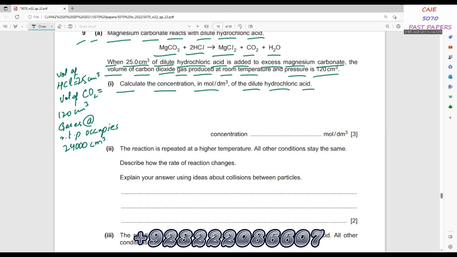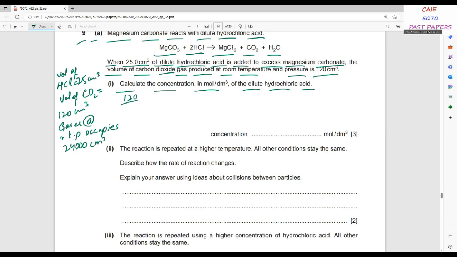So you'll divide 120 by 24,000 in order to get the moles of carbon dioxide. 120 divided by 24,000, you will get 0.005 moles of carbon dioxide. The relationship between hydrochloric acid and carbon dioxide is this: 1 mole of CO2 is produced from 2 moles of HCl, therefore